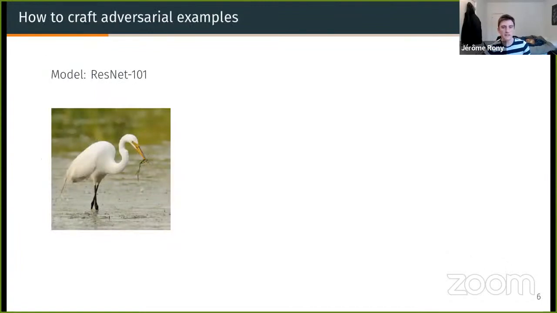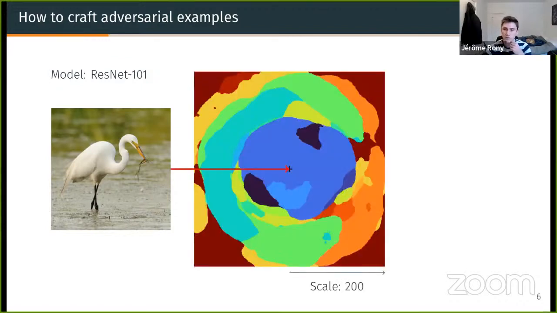So how do we craft these adversarial examples? Because I said it's not noise. If you take an image, for example, and use the model ResNet 101 trained on ImageNet, you take this image of a heron, I think, and you start modifying it in two random orthogonal directions in the input space, and for each modification, you evaluate the prediction of the model. You get this kind of